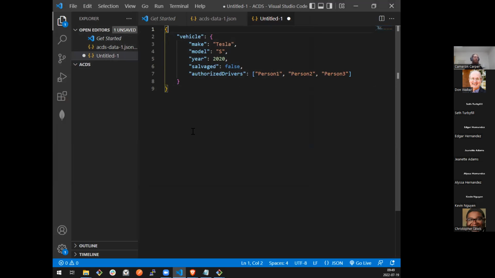Your properties, your objects, your arrays, everything in it always has to be wrapped in something. It can be an object, which is denoted by the curly braces, and that is both the most common and the primary standard.